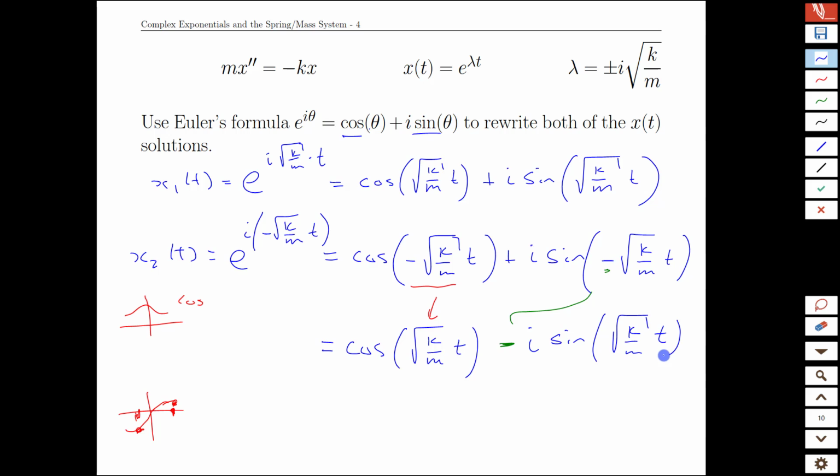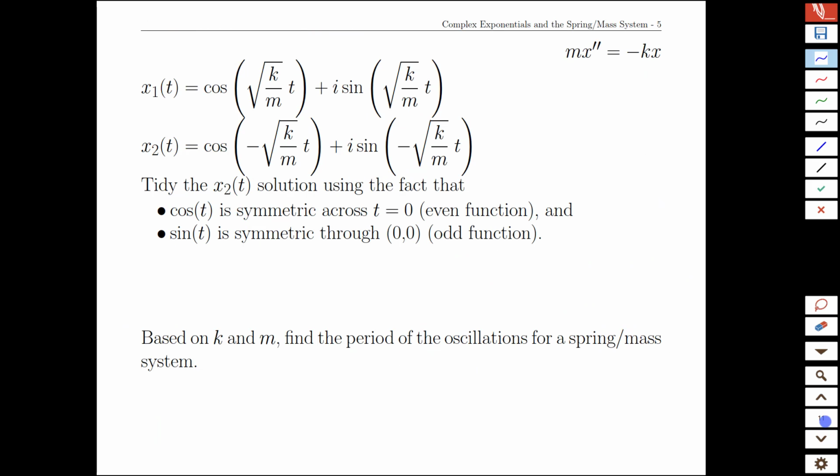Not a huge deal, but it just makes the two solutions that we're seeing here more directly comparable, because now they have the same angles inside, and any differences are just about the multipliers outside. It's a little easier to deal with. So that is our second solution, x2 of t. And that's essentially what we worked through on here. And what that lets us do is find the period of the oscillations,